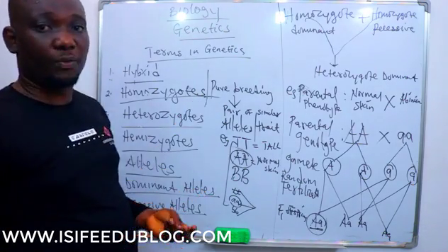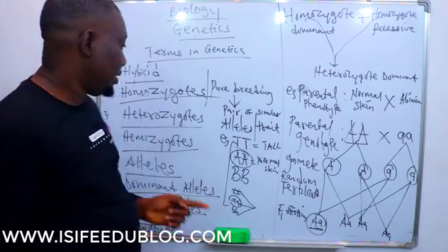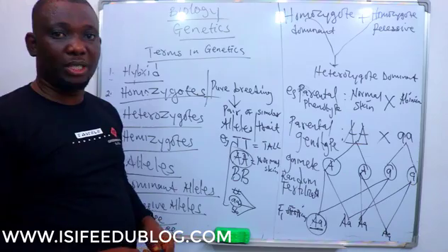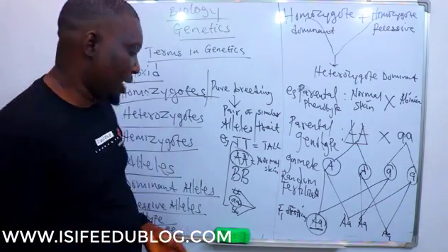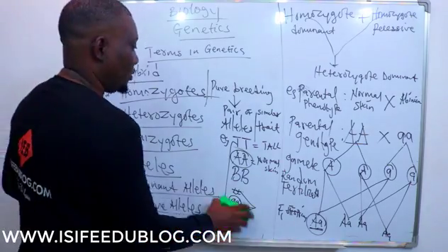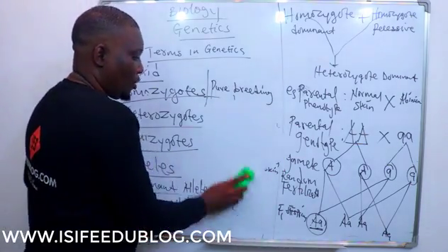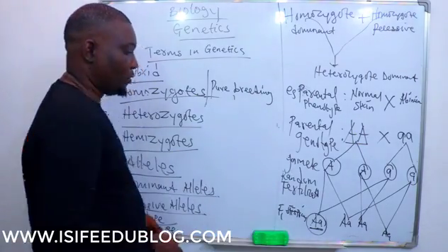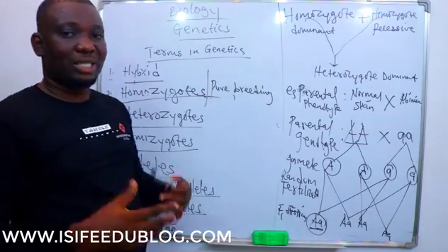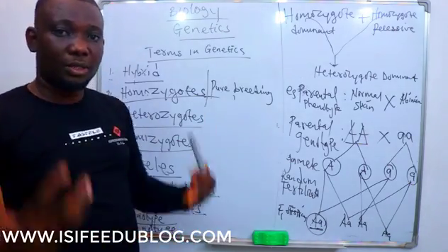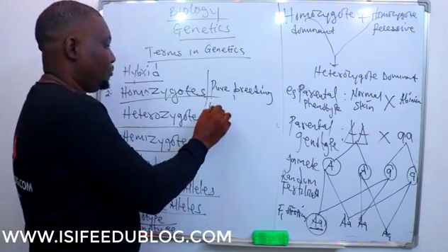If the pair of characters are unsimilar, it is heterozygote. I repeat, if the pair of characters are unsimilar, it describes heterozygote. If the pair are unsimilar, it is heterozygote or impure